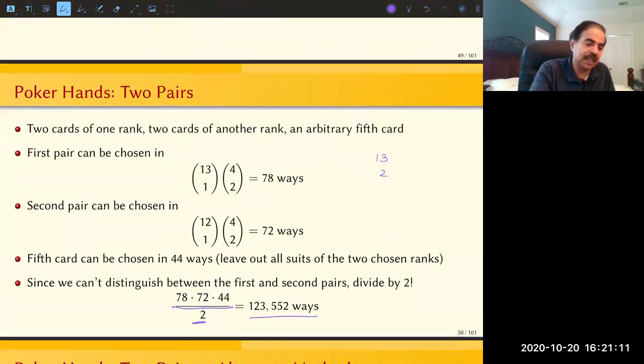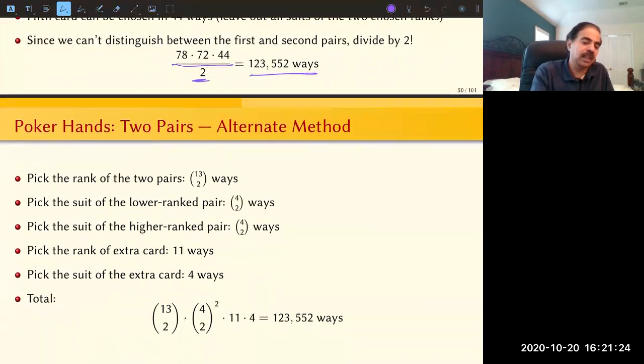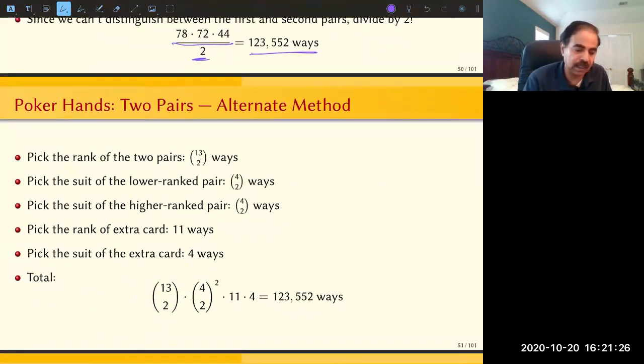And then we realize that we have double counted because there is no difference between the first pair and the second pair. So we divide by 2, and this is the value you get, right? So we can also do it in a slightly different way, which was, I think, the way that one of the answers